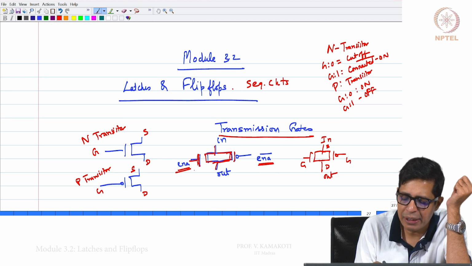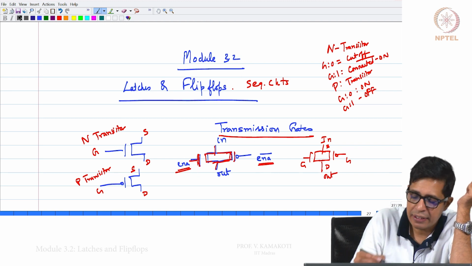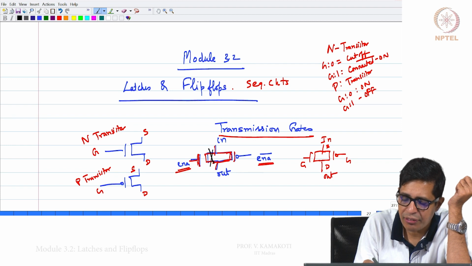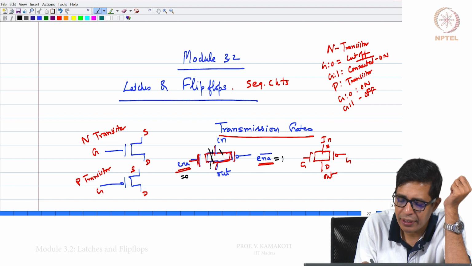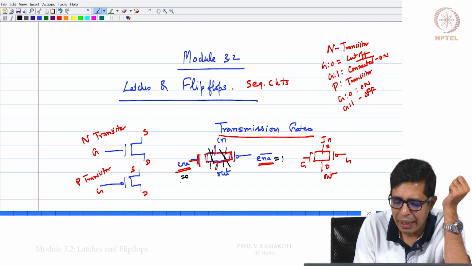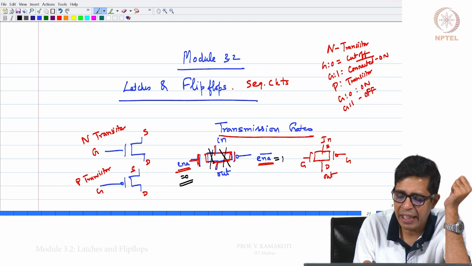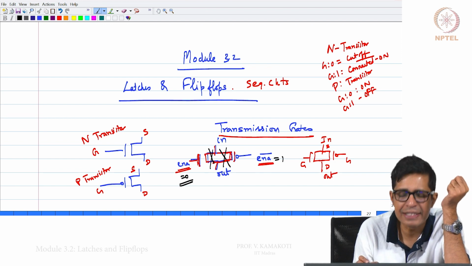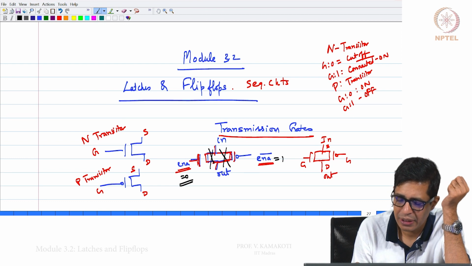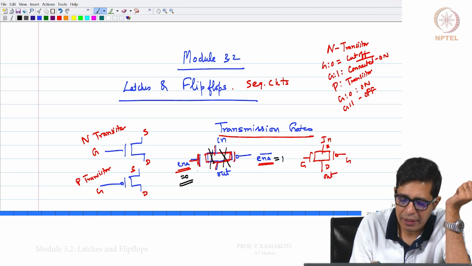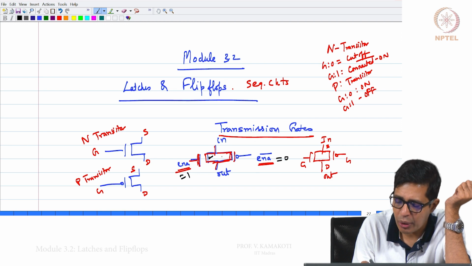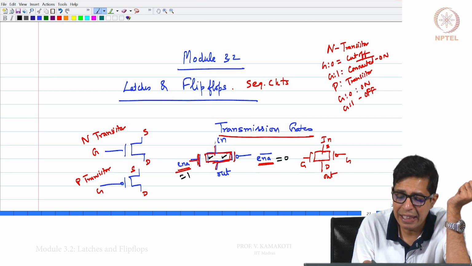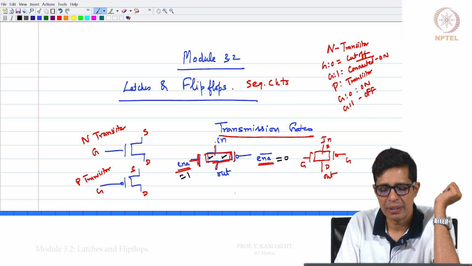When enable is 0, the N transistor is cut off. Since enable bar is 1, the P transistor is also cut off. So, when enable is 0, in is electrically disconnected from out. When enable is 1, enable bar becomes 0, the N transistor is on, and the P transistor is also on. Now in is connected to out.